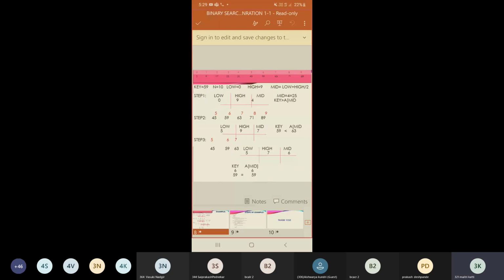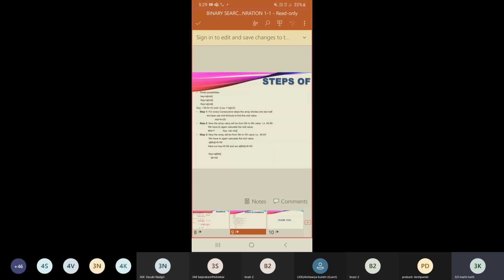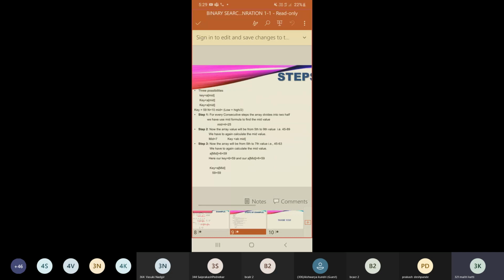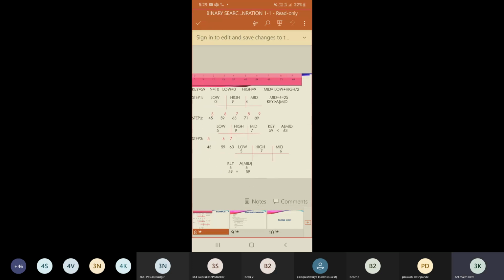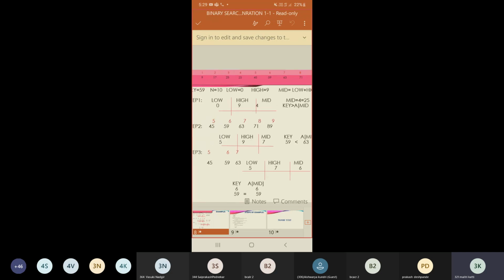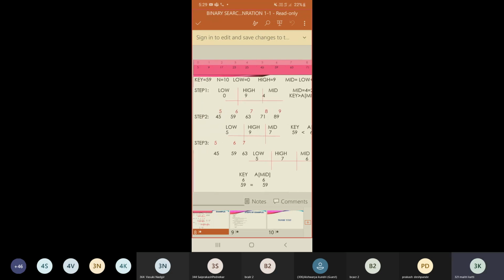Now, second step. Now the array will be from the 5th to the 9th value, that is 45 to 89. Now, we have to check it with the key value. Suppose the key value were 17, then we would have searched the values from the 0 to 4th index.